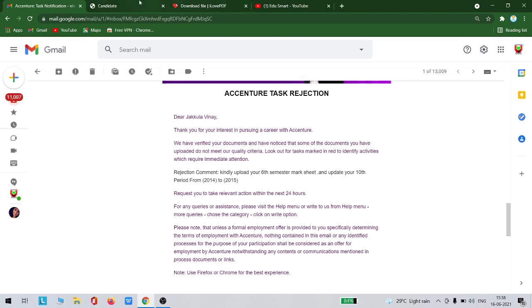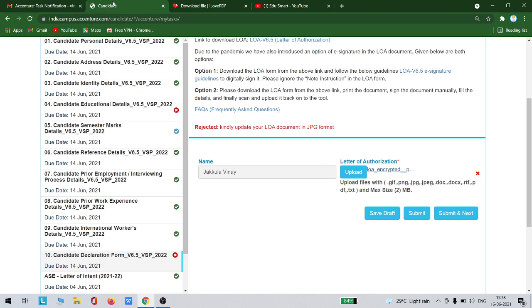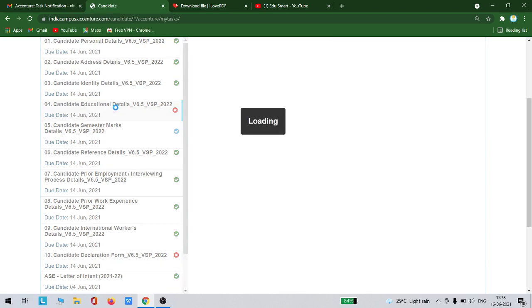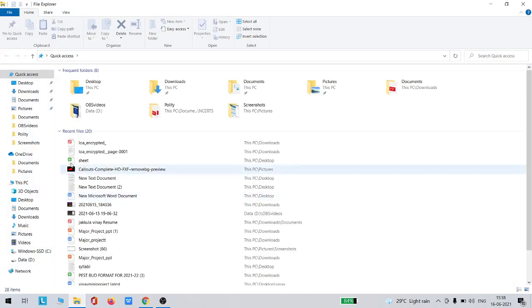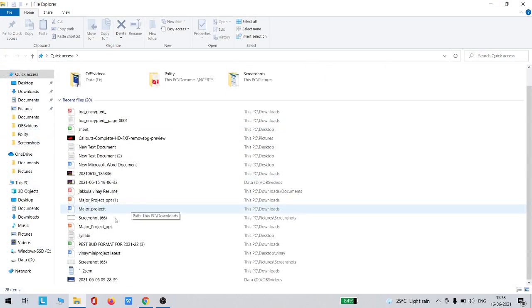Earlier I mentioned that even screenshots of your result page will work for the mark sheets, right? So yes, it will still work, as the remaining 5 semesters that I uploaded were only screenshots. I already showed you in the previous video as well, right? All of my semester marks were PDFs only. It should be somewhere like this, okay.